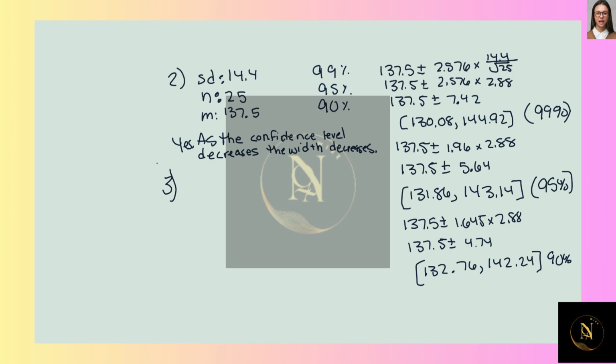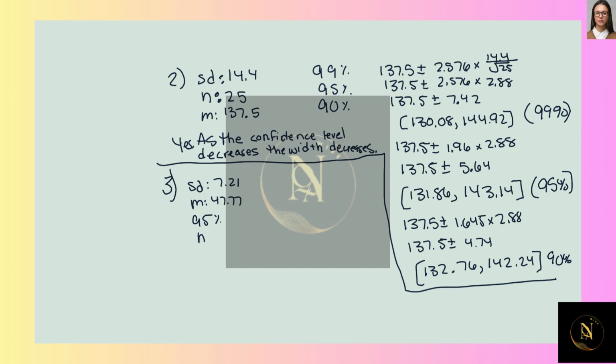Number 3. The standard deviation for the population is 7.21. A random sample is selected for this population, and the sample mean is equal to 47.77. Determine a 95% confidence interval, assuming the sample size is 196. Round to 2 decimal places. So this is going to be 47.77 plus or minus